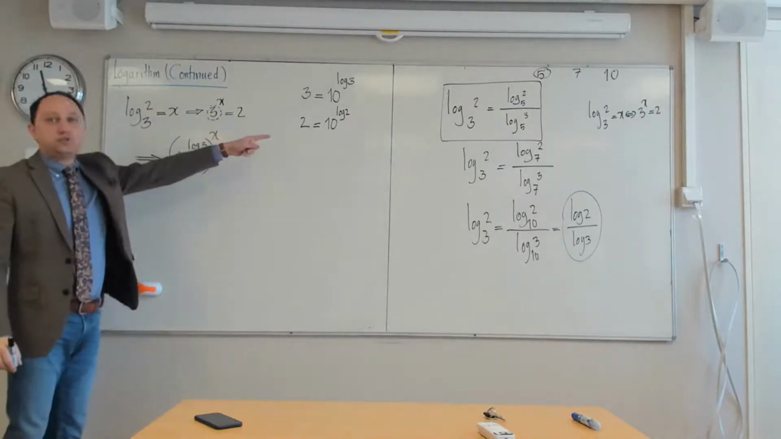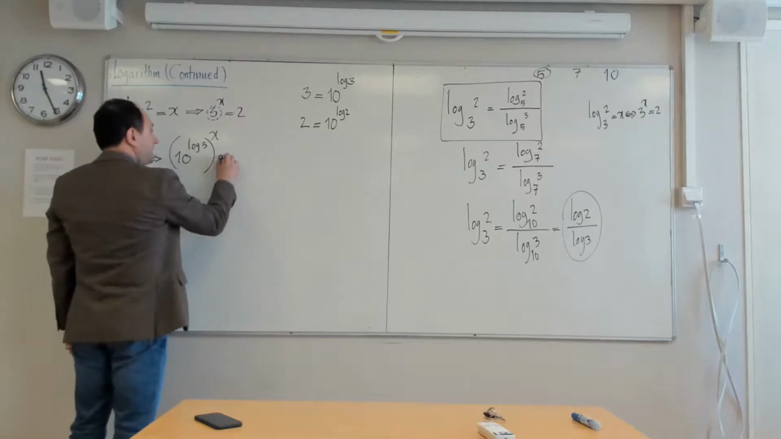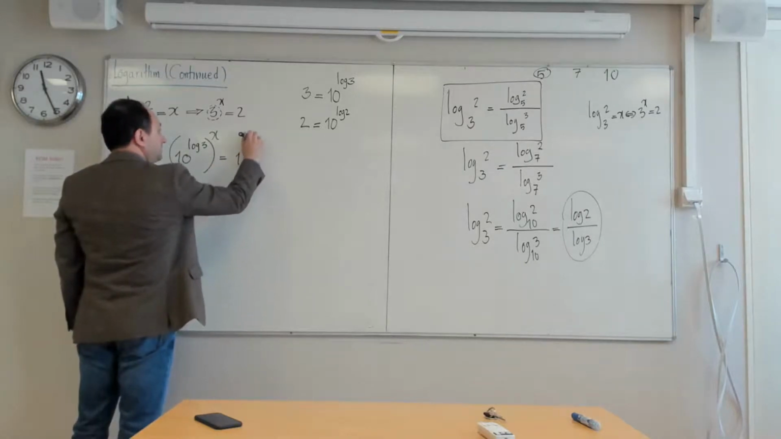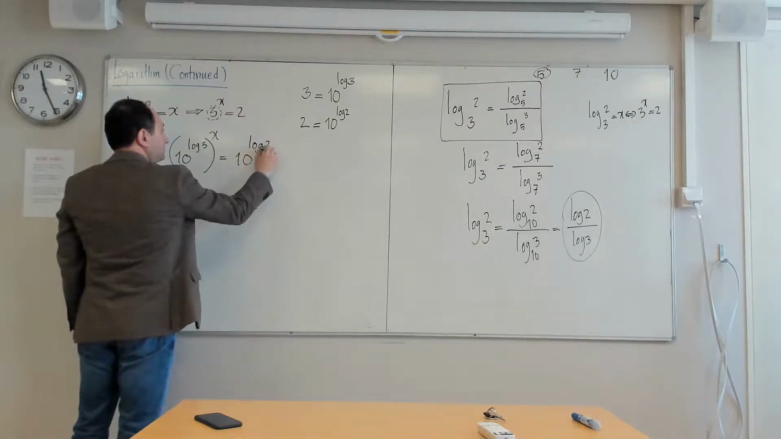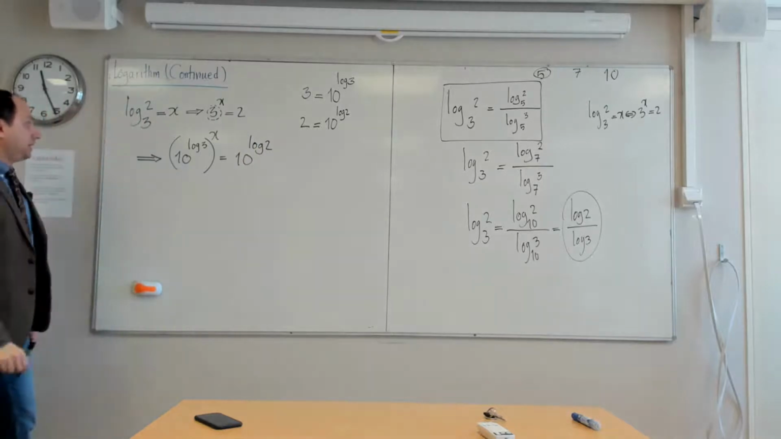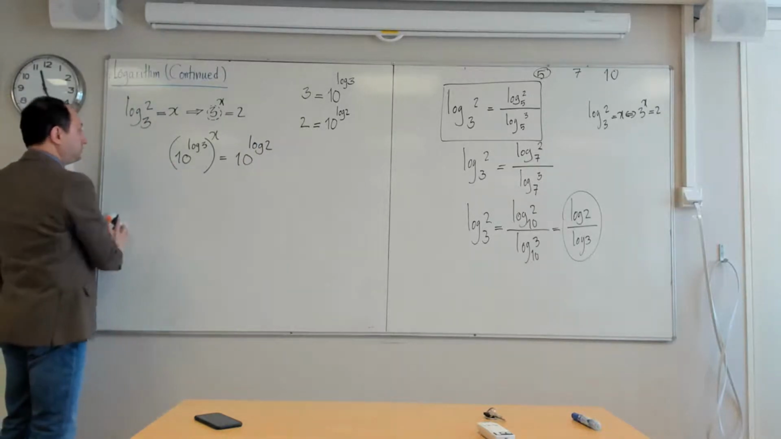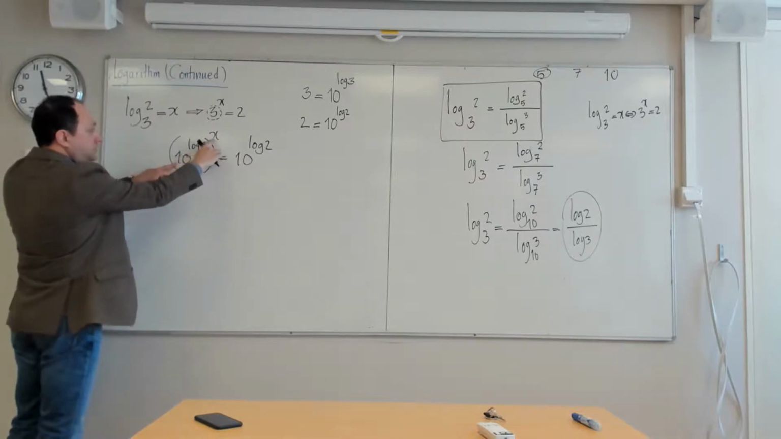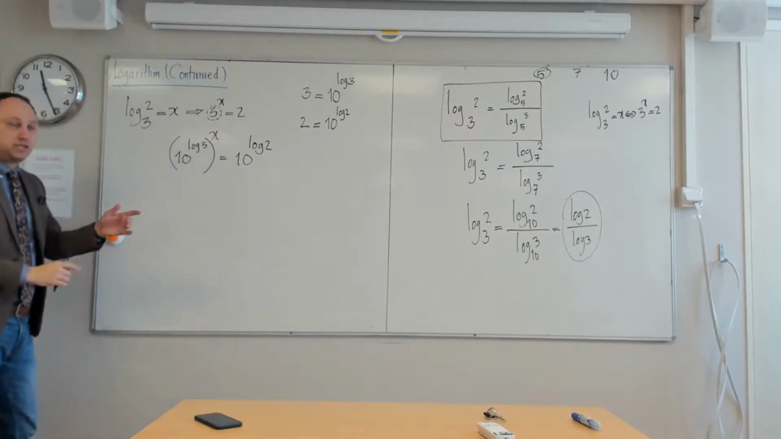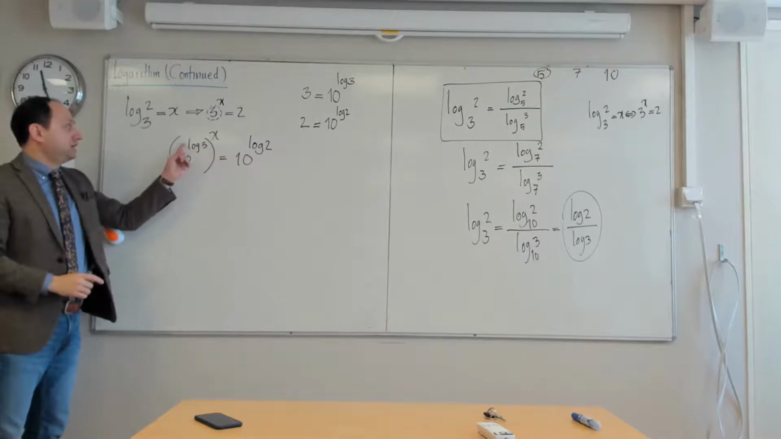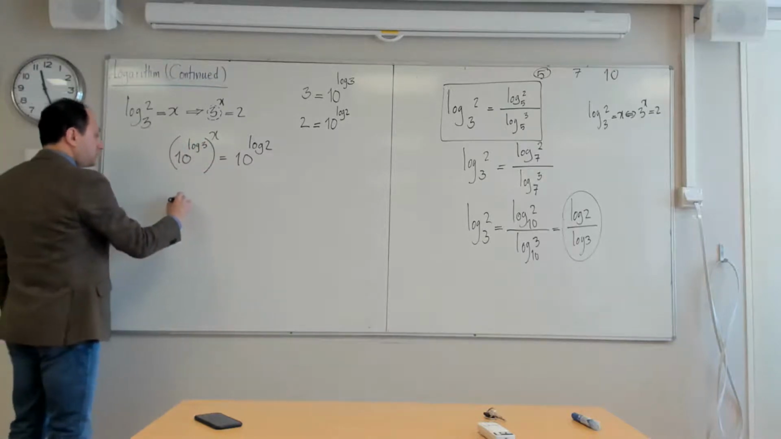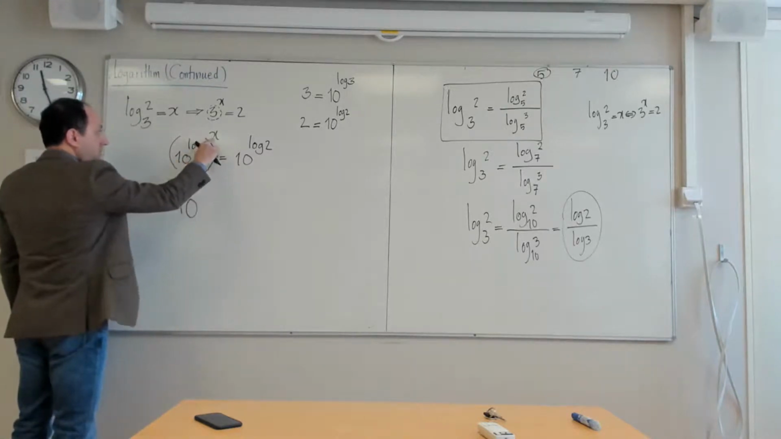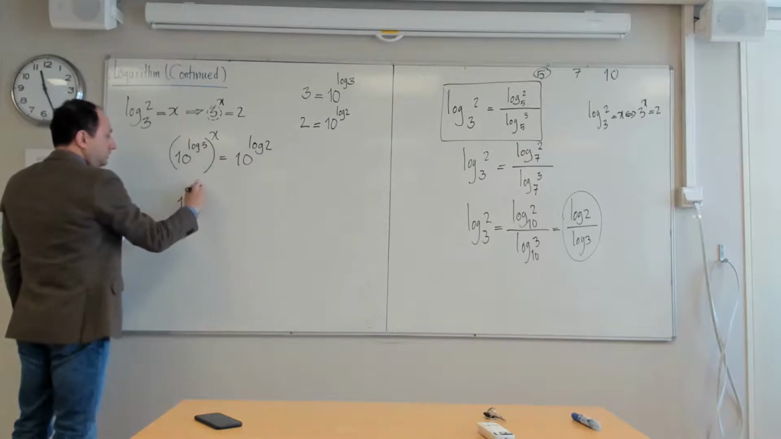Instead of 2, I do the same. It becomes 10 to the log of 2. But I have another rule. I have one exponent, and I am exponentiated once more. So the rule is to multiply the exponents. So this becomes 10 to the power of x times log of 3